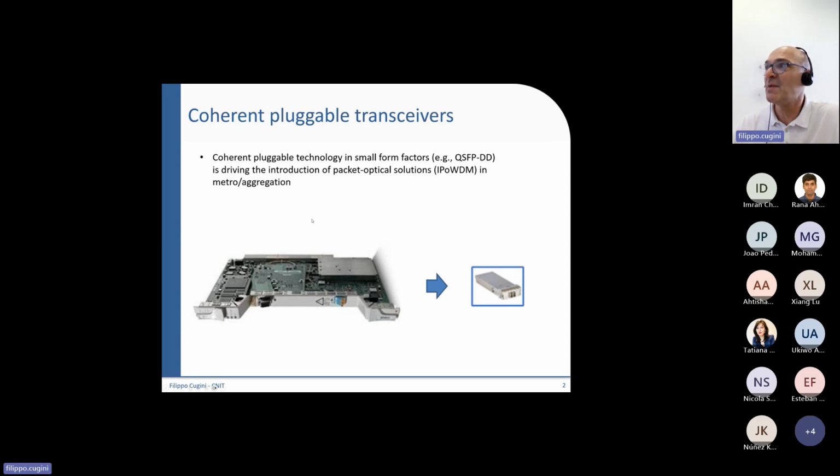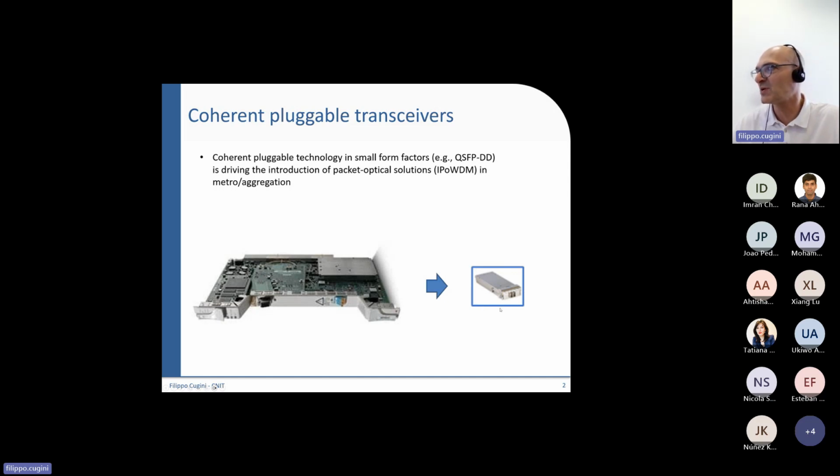The key enabler for this integration is the reduction from large devices to small devices, thanks to this technological evolution. This is particularly effective not in ultra-long haul systems, but in scenarios like metro networks, where it is more difficult for small devices to match the performance of a larger device.